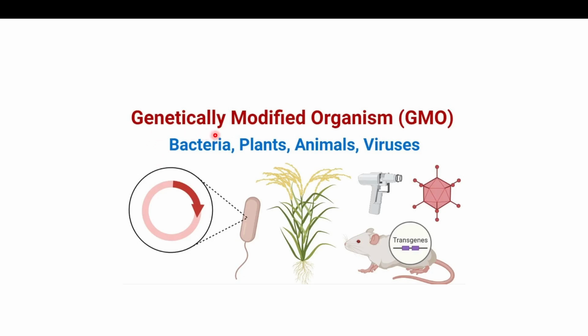Now, a genetically modified organism is basically any kind of organism whose genetic makeup or genetic constituents have been manipulated according to whatever requirement that may be, whether experimental, diagnostic, or therapeutic. Mostly bacteria, plants, animals, fungi like yeasts, or viruses, all of these we can introduce synthetically